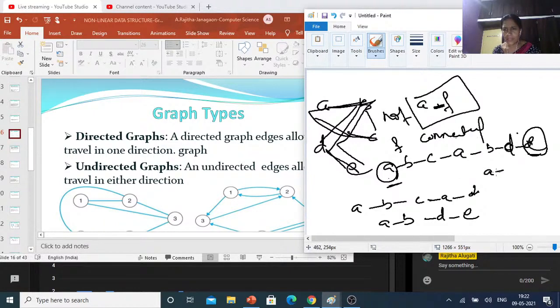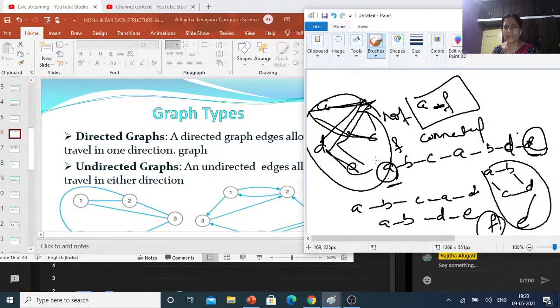If the paths exist like this, then we can say that this is connected. Suppose it is like this; this is a graph only, but it is not connected, because here there are two connected components. This is one component and this is one component. If this graph contains a single component, then we can say that it is connected; otherwise it is not connected.